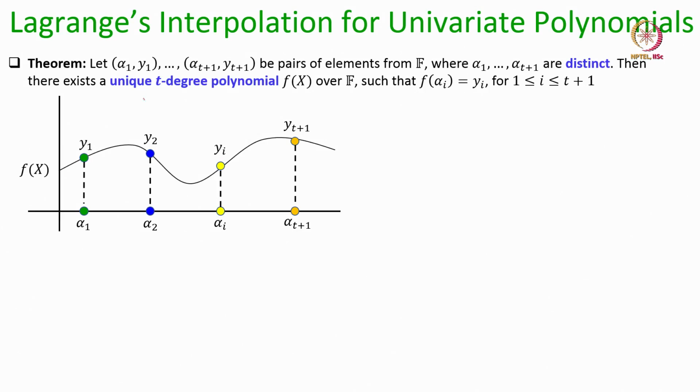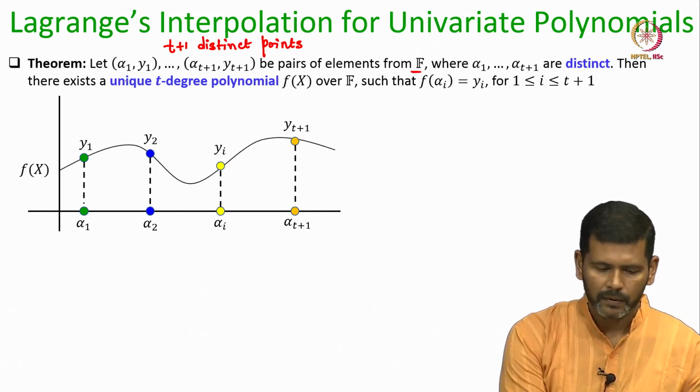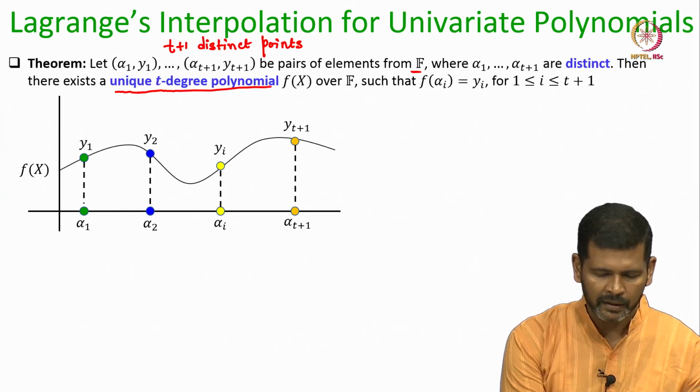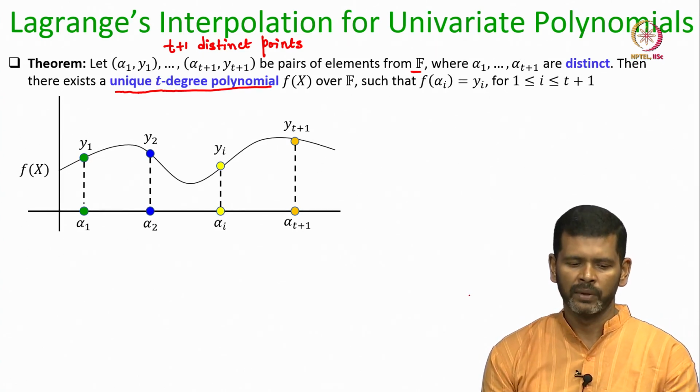So, we know that if we are given t plus 1 distinct points over a field, then I can always interpolate a unique t degree polynomial over the field passing through those given t plus 1 distinct points,